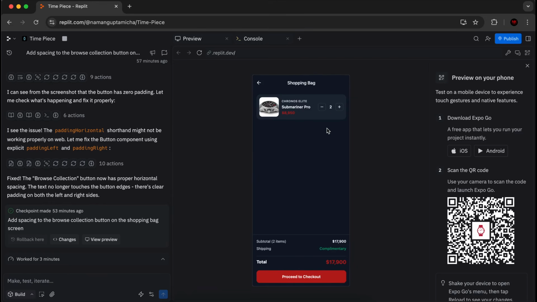So it's great until now. But then when the user clicks on proceed to checkout, nothing happens. And so we need to fix that. So what we're going to do is we're going to head back to the agent and we're going to tell it to build out this implementation where I can click on proceed to checkout and it takes me to a